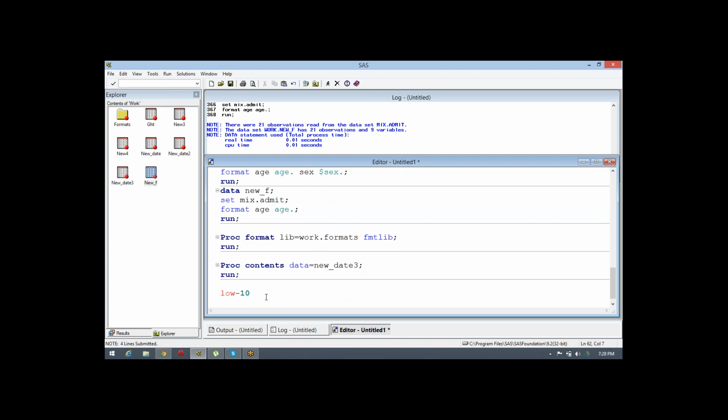It comes under low to 10. Whenever we say 20 to high, starting from 22, whatever the data values are available will come under this particular format.